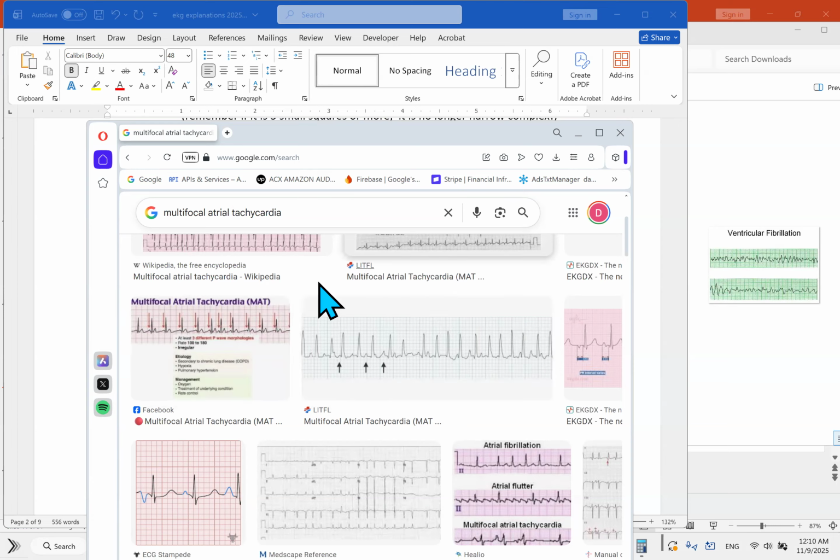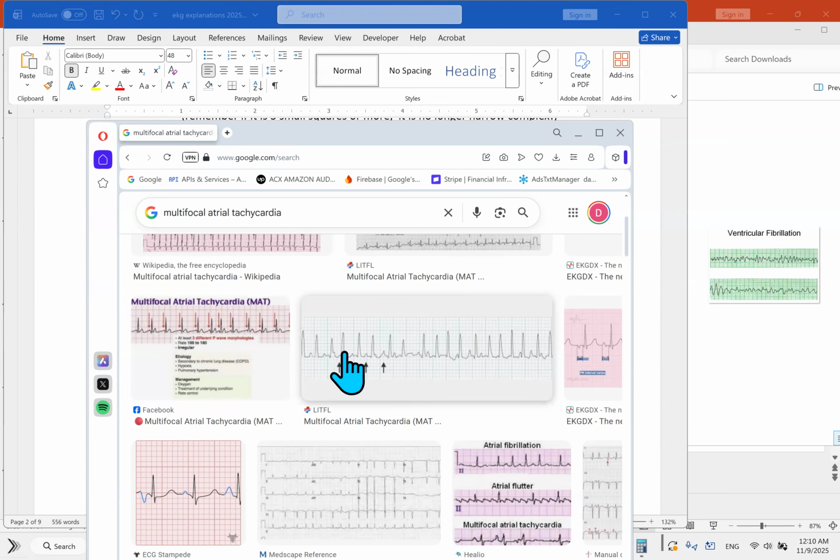So the differentiating point between atrial fibrillation and multifocal atrial tachycardia, and this is a point the emergency room doctor and the cardiologist often dispute over. The emergency room doctor almost always reads this as atrial fibrillation. In reality, this is not atrial fibrillation, well, because the label says so, but